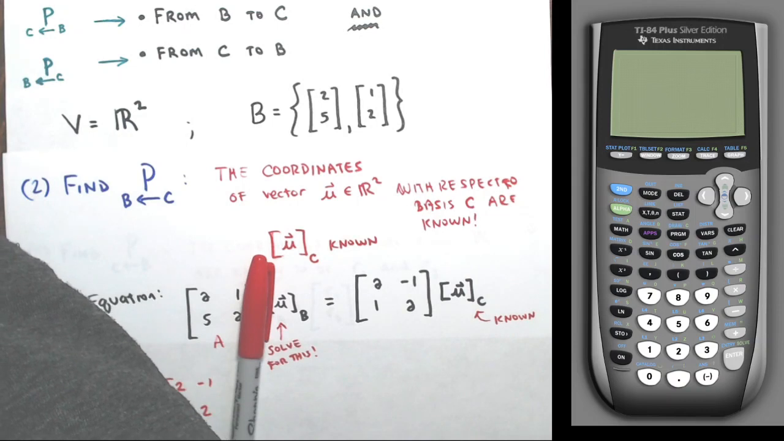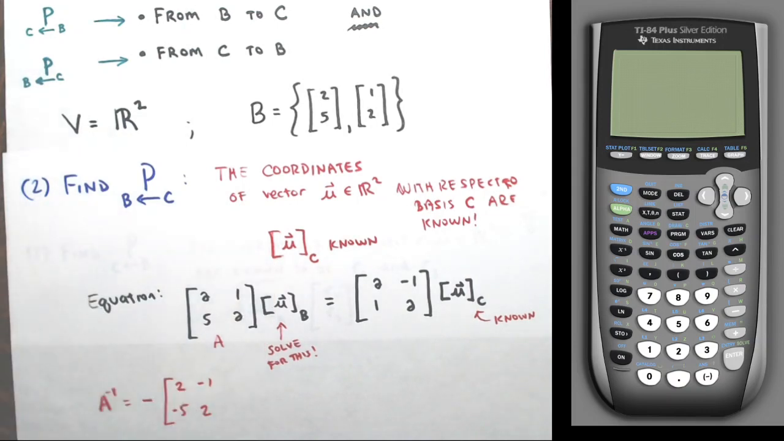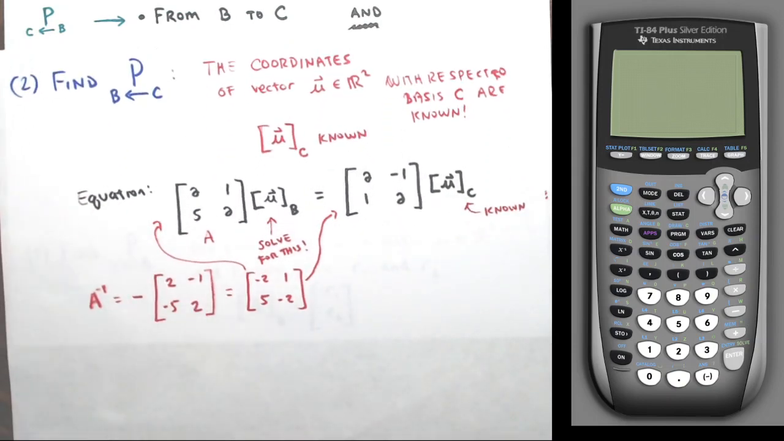So the inverse of this matrix would be negative 2, 1, 5, and negative 2. And you can check that out. Multiply these two matrices here, and you'll get the identity matrix. And then I'm going to multiply both sides on the left by this matrix. So on the left side, that'll create the identity matrix, so I'd have just